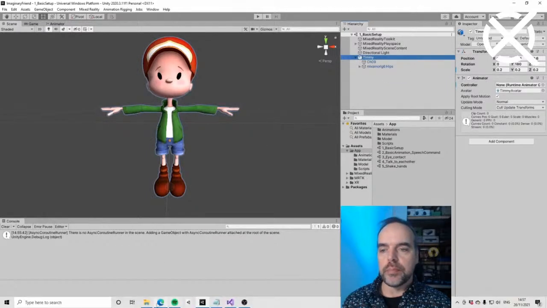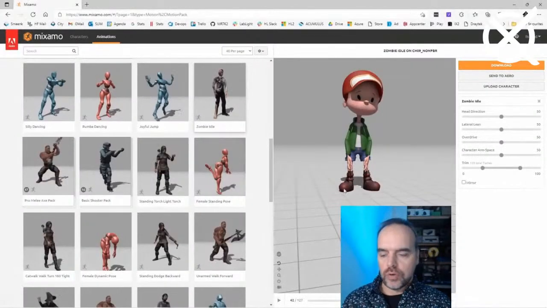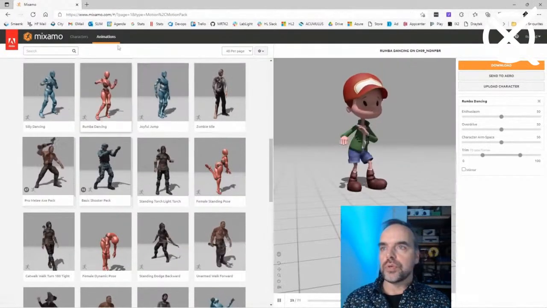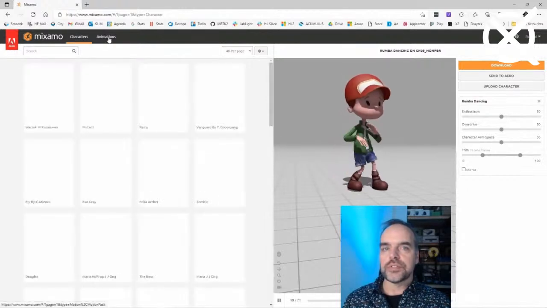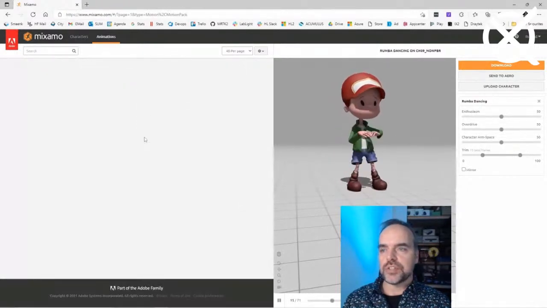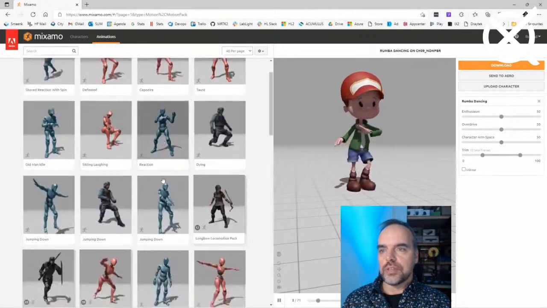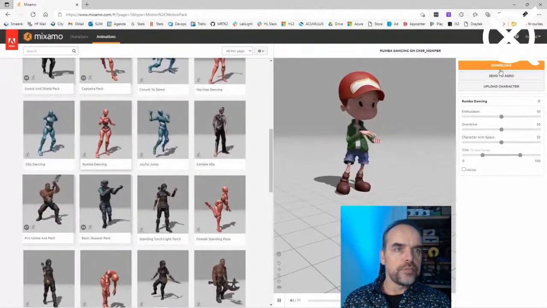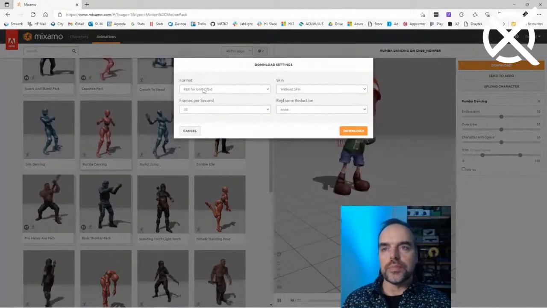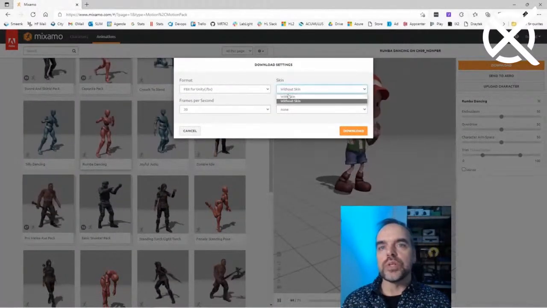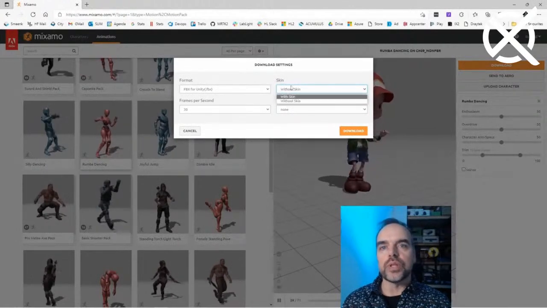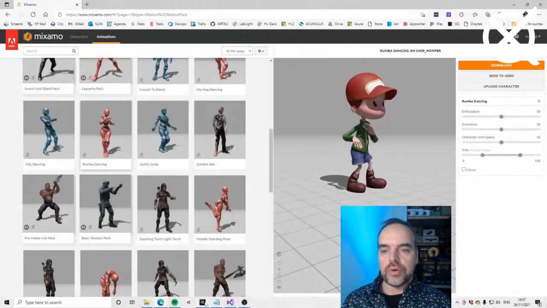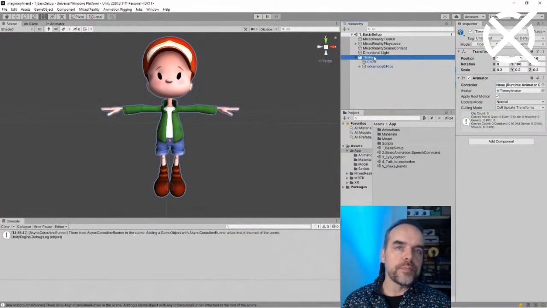It's coming from Mixamo. I don't know if you're familiar with it, but here's a short overview. There are different characters and you can have different animations. And you can try out these animations on these different characters and then finally download as an FBX for Unity, with skin if you need the character, and without skin if you only need the animation. But I already did that in this project,